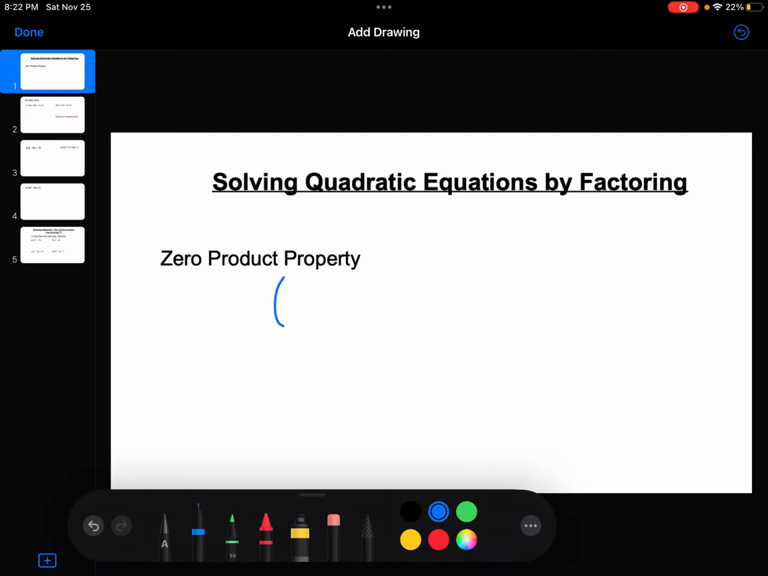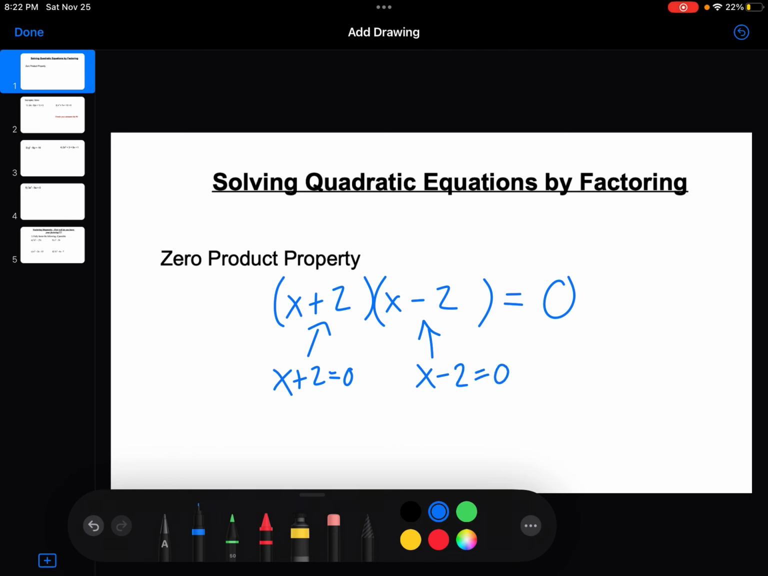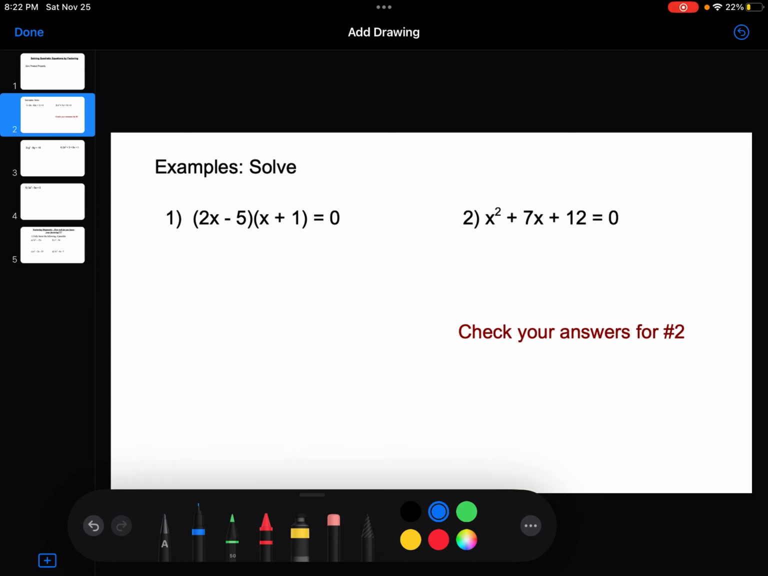So if we create a situation where we have two brackets equal to 0, if either this bracket or this bracket ends up equaling 0, so if x plus 2 equals 0 or x minus 2 equals 0, then this whole equation is going to equal 0. So when we look at this, if we're solving these equations, so for the first one here, we've